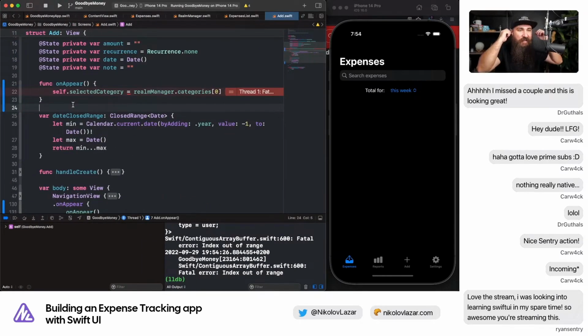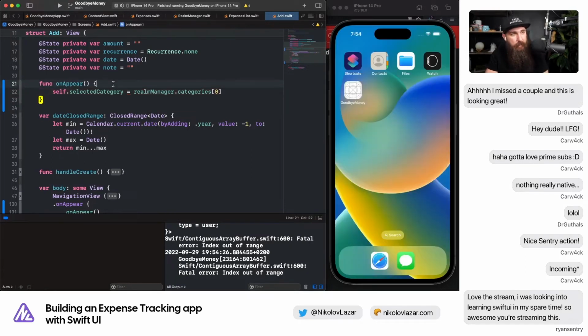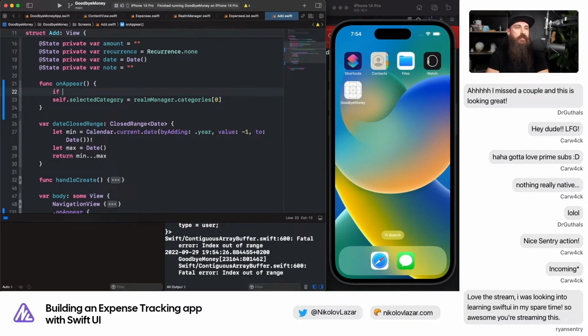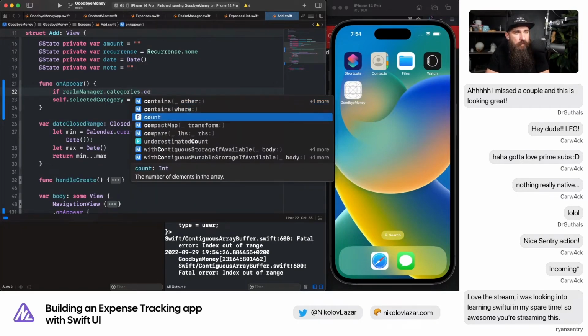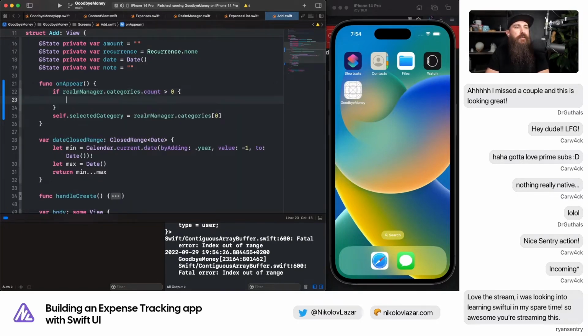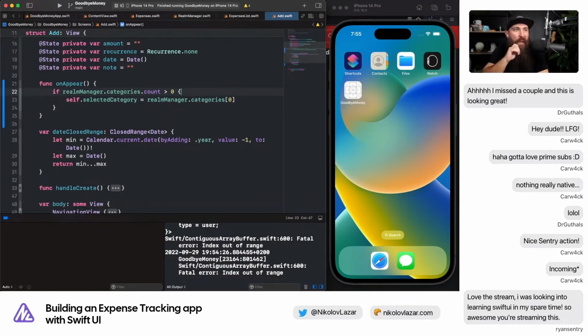What's happening right here? It says index out of range. There's another exception, right? We want to get the first category. And which one is the first category? We just deleted everything. We deleted the whole app. There we go. Index out of bounds. So if we were to do realm manager dot categories and then the first, or like, no. Categories dot count. If we actually have anything to set,